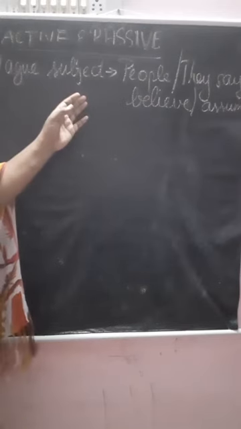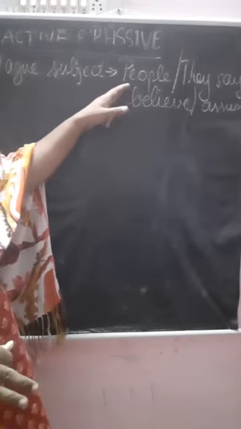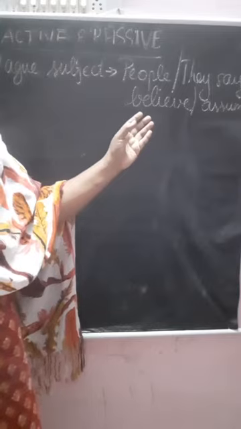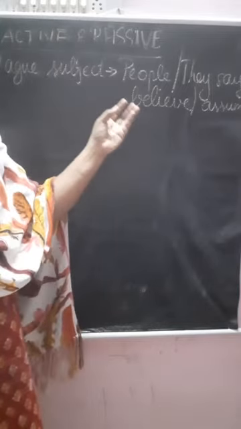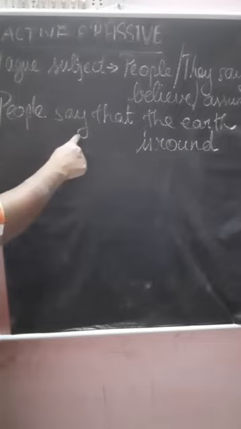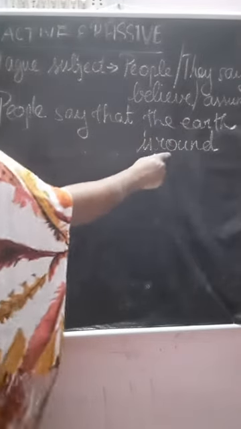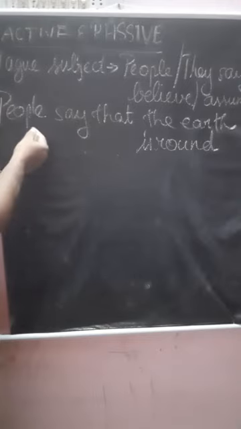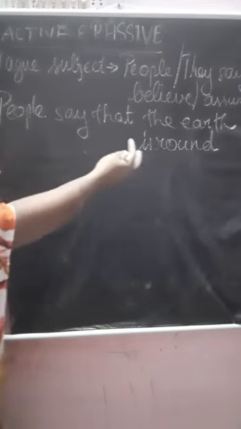I hope these examples are clear. Now take sentences where the subjects are commonly words like people, or they say, they believe, or they assume. If the sentences start like that, how do we change them into passive form? For example, this sentence: people say that the earth is round. Change it into passive. When we immediately see that, we get a little confused. Oh, subject, okay, verb, where is the object, all those things.